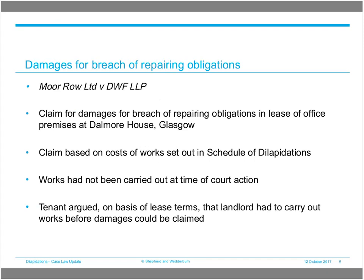Now, as the judge commented in her judgment, a lot of the argument in the case was about the availability or otherwise of landlords' remedies in terms of the lease or at common law, and the judge made some general comments about that. She made the point that when it comes to dilapidations, it's a breach of repairing obligations, and what we're talking about there are non-monetary obligations on the part of the tenant. And in Scotland, generally speaking, the primary remedy for a breach of a non-monetary obligation is an order for specific implement. But in relation to leases, whilst that is a remedy which is available to a landlord during the period